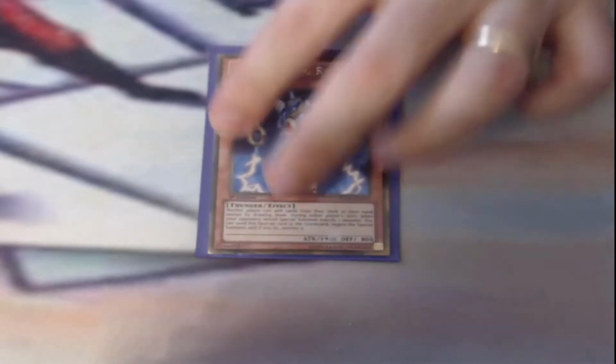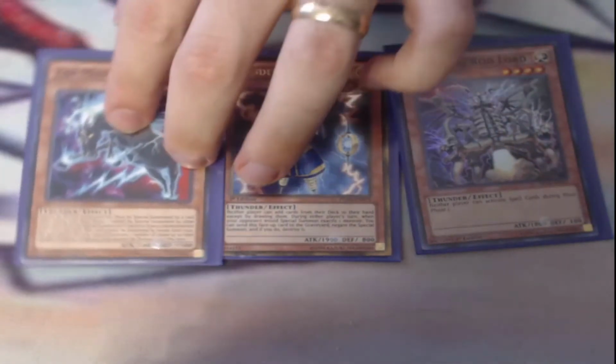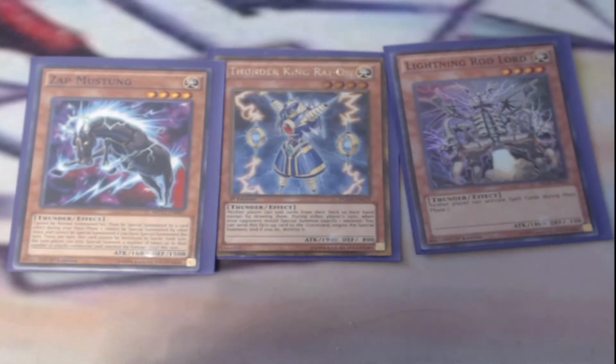This is a fun little deck that utilizes some of the powerful Thunder Stun cards that exist, like Thunder King Ryo, Lightning Rod Lord, Zap Mustang, and uses the fact that there are all level 4 Thunders to play Ties of the Brethren and build a board of monsters that really limit what my opponent can do on any particular